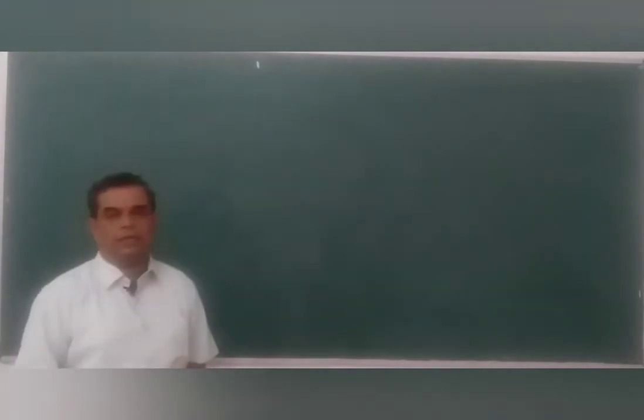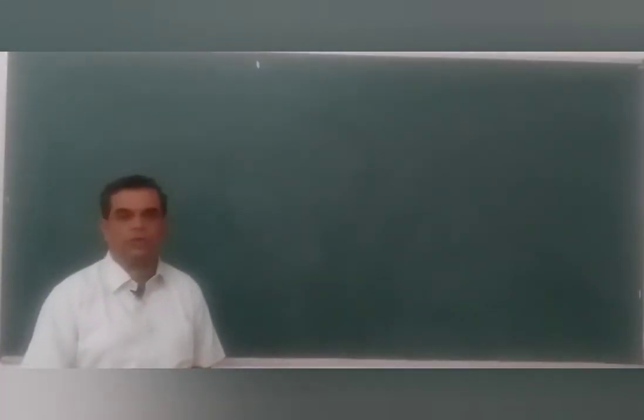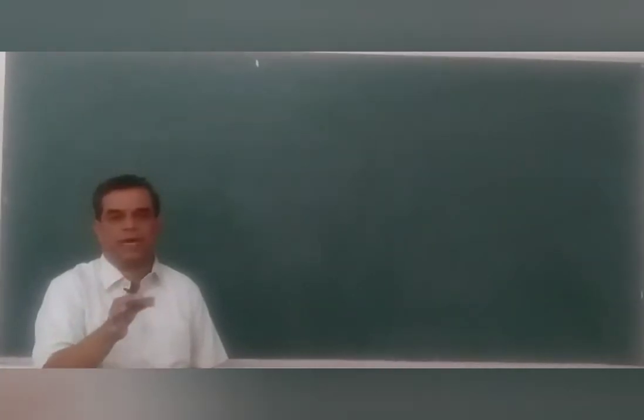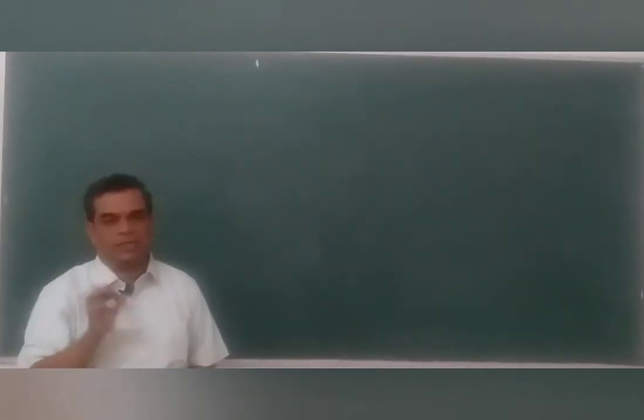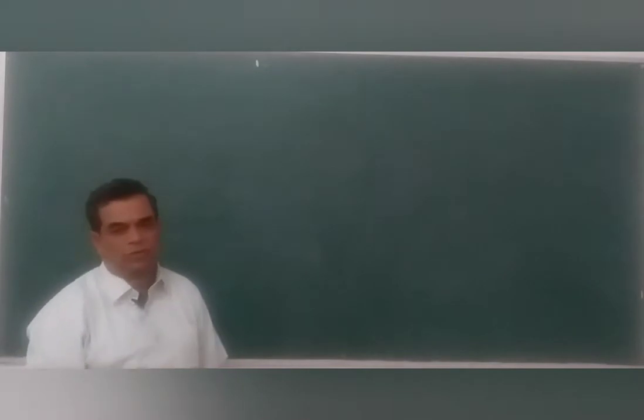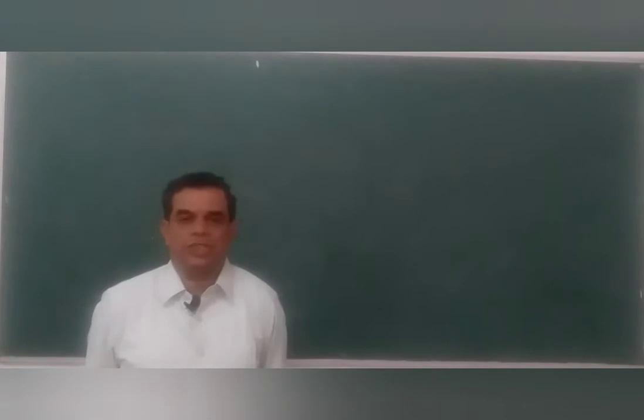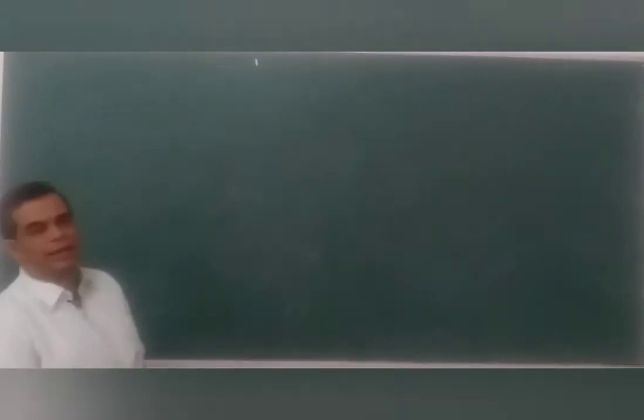So in the last session, I gave you a challenge or assignment: you were supposed to draw a VT graph for an object thrown up vertically until it comes back to your hand. That is the challenge. For that, you are supposed to write the VT graph. Most probably you have written it. If you have written it, just check it against what I am going to write now. If you have not written it, learn it now. Just observe as I write down the VT graph.